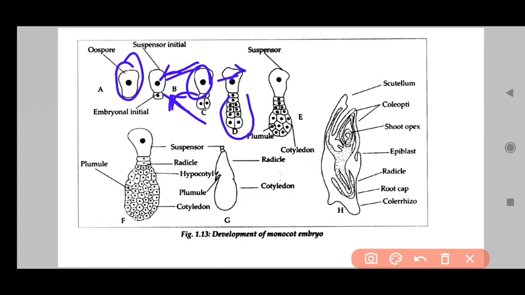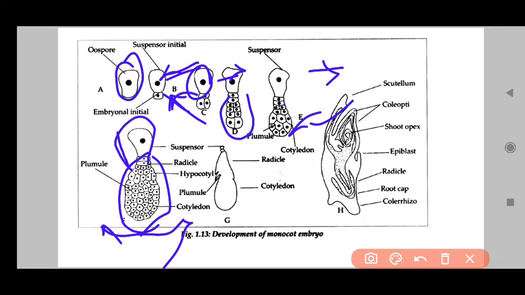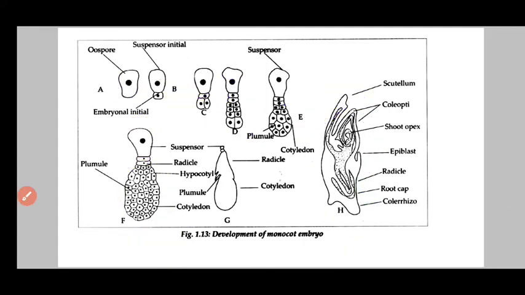At a certain stage the apical cell further divides and forms the plumule and cotyledon. Later on it forms such structures, where the suspensor is a stalk-like structure that helps the complete zygote to adhere. And that later on forms a structure like this. This is the typical monocot seed structure in which the scutellum is present. The scutellum is your